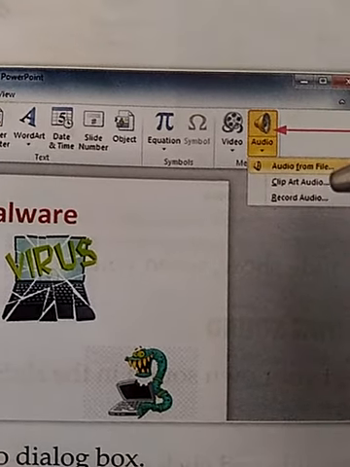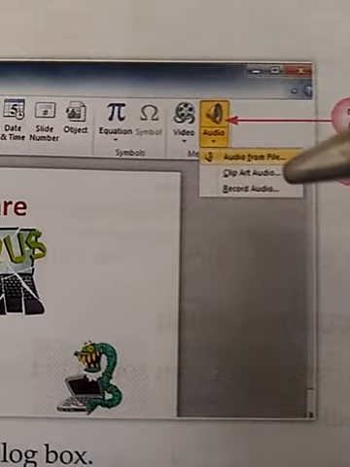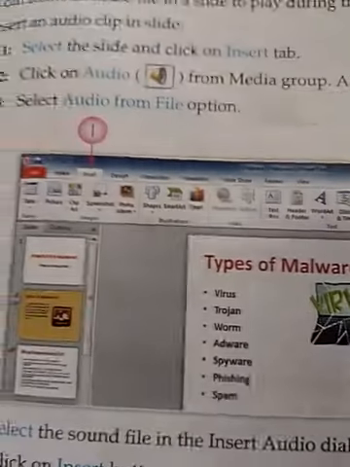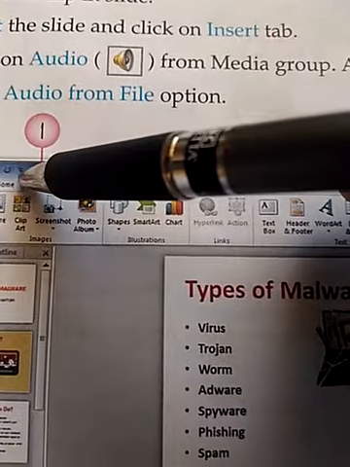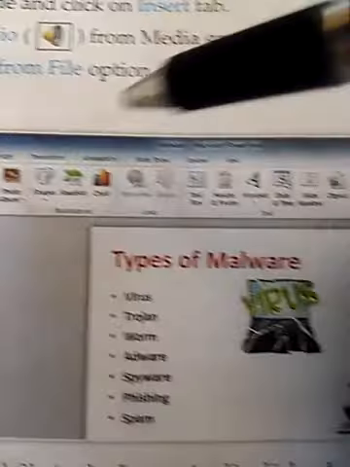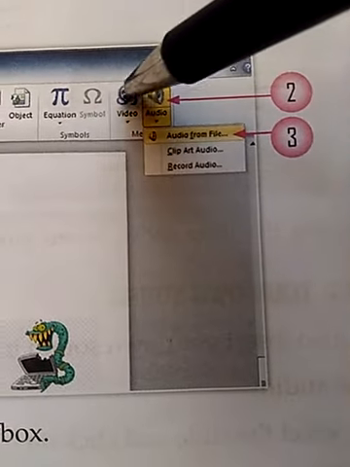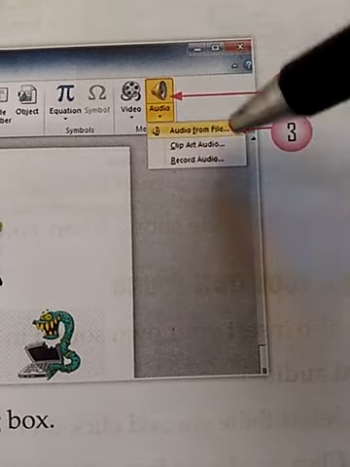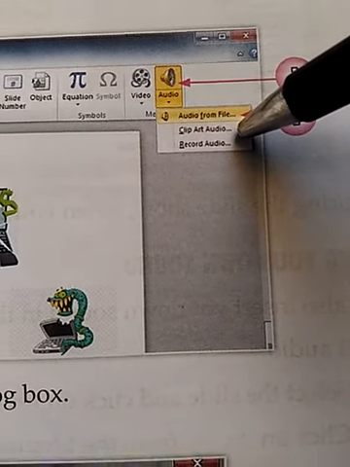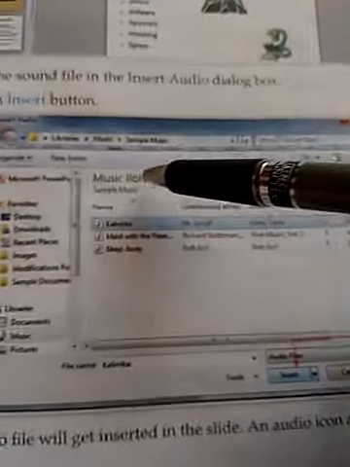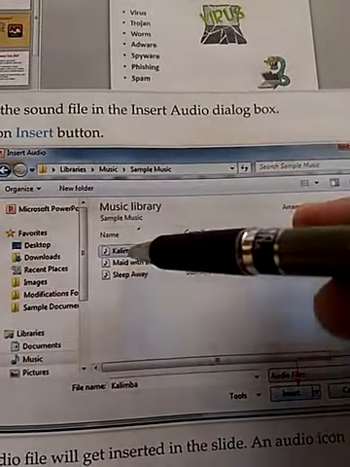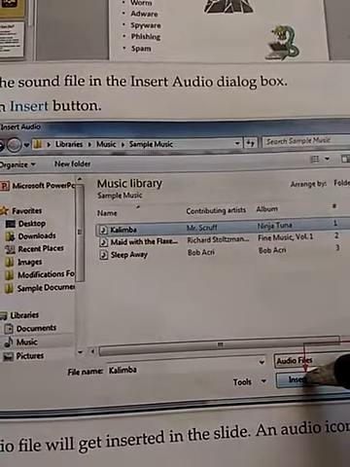Suppose we want to insert a sound file which is already present in our hard disk, then how can we do this? First we need to click on the insert tab. After clicking on the insert tab, go to the audio button, choose this option audio from file. Just browse the file from your hard disk which you want to apply, and after that click on the insert button.